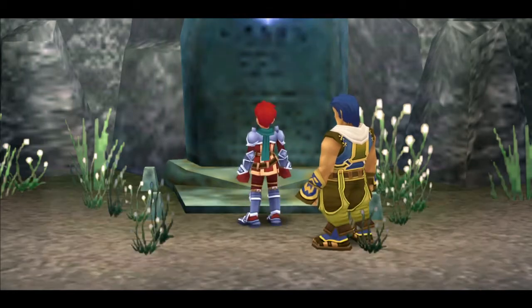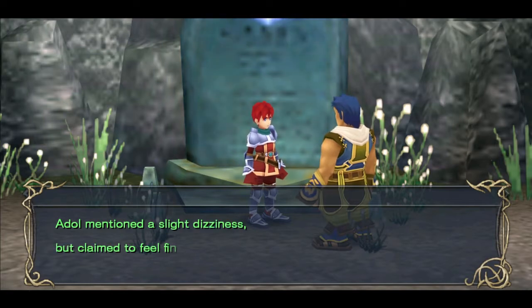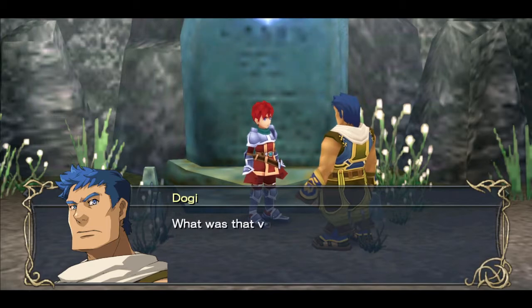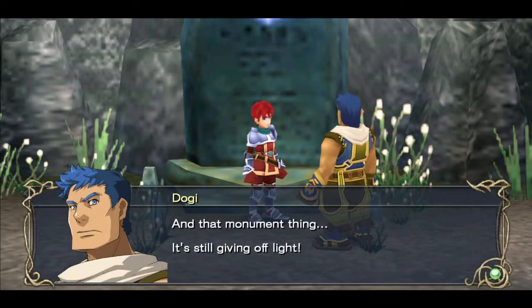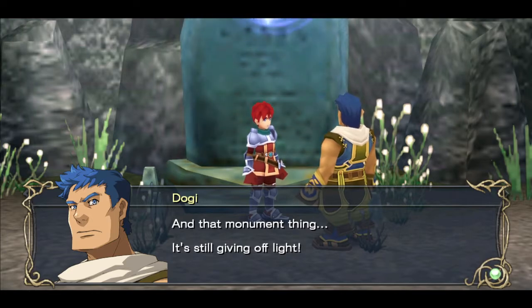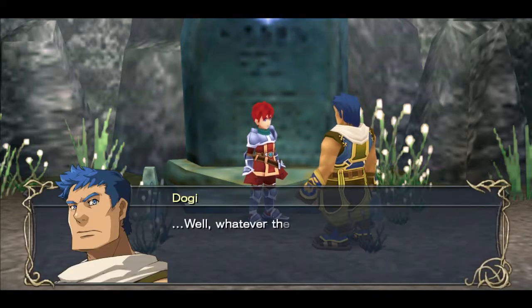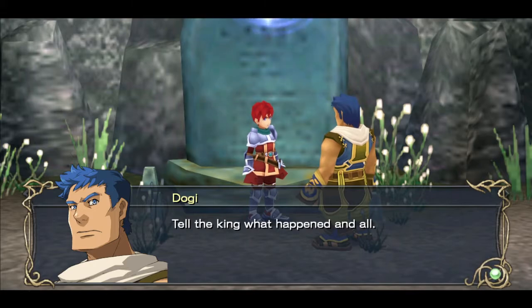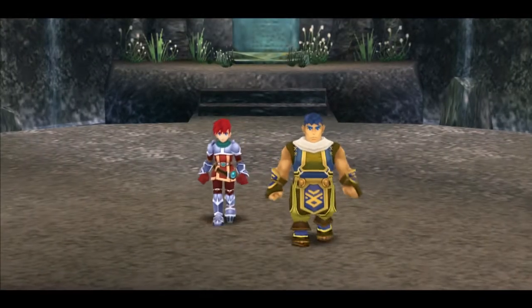Adol looks a little winded from whatever light just imbued him. What could be going on there? Yeah, that is weird. I'm going to assume this was not something that the Altago guards found. Hey man, we got an adventure on our hands. Yeah. Alright, let's get out of here. And we should be able to go unperturbed, uninterrupted, and...